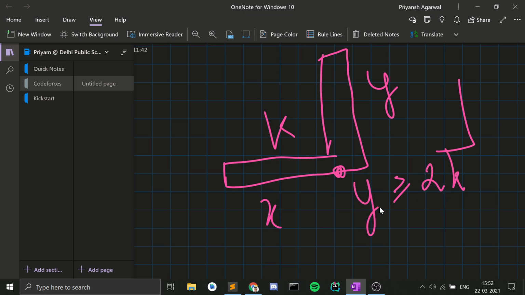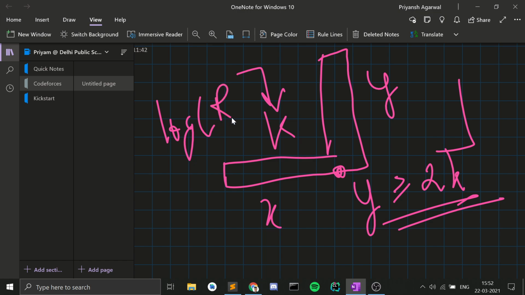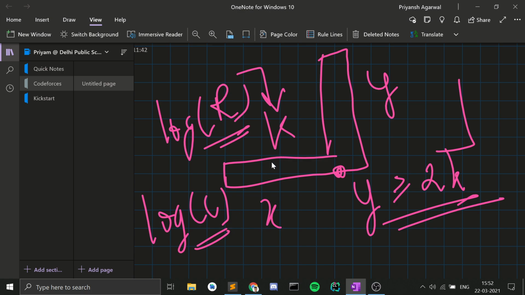This should be the condition that holds. So you can binary search on this k value, and that will cost something like log of r, where r is the number of rows in the grid, or you can also call it log of c, depending upon the side that you're iterating on. Okay, so this is one way to do this, that will require some log factor.